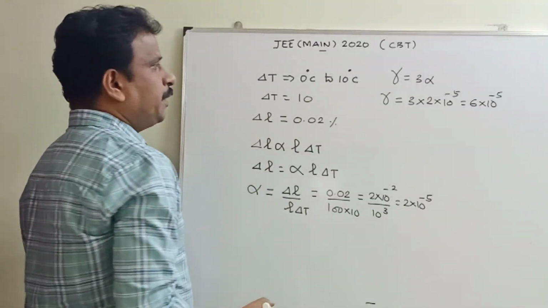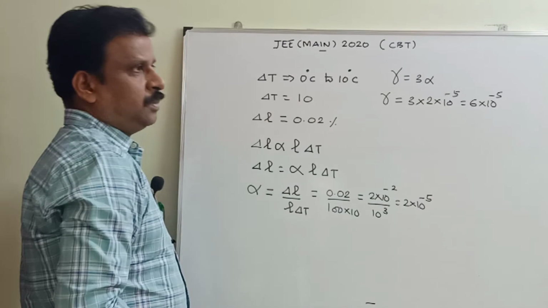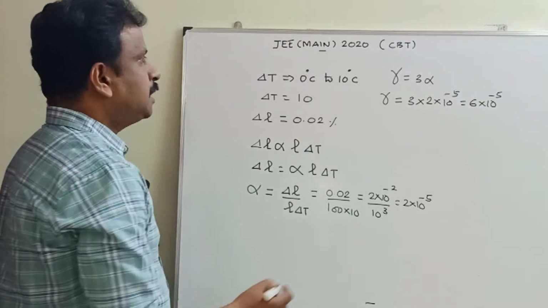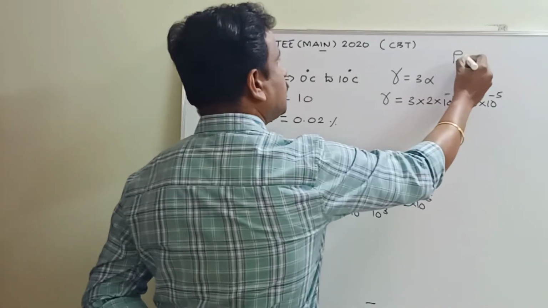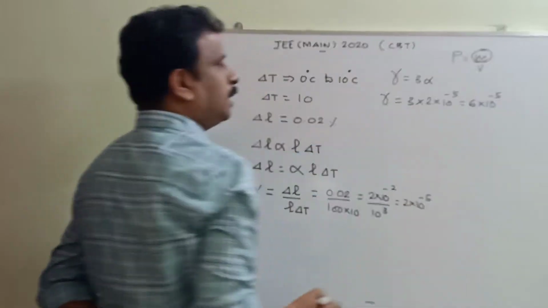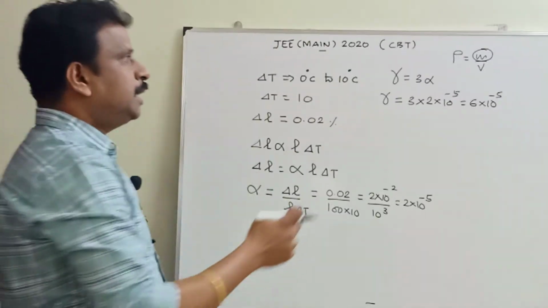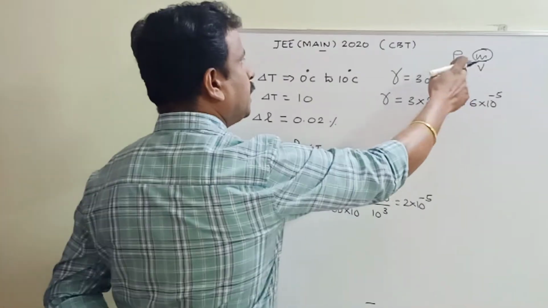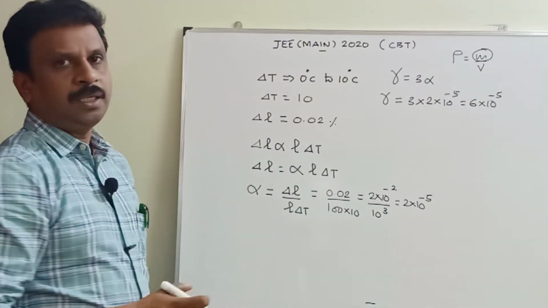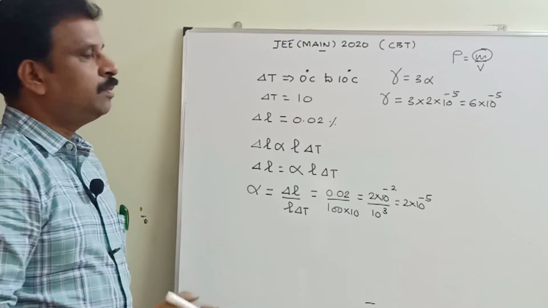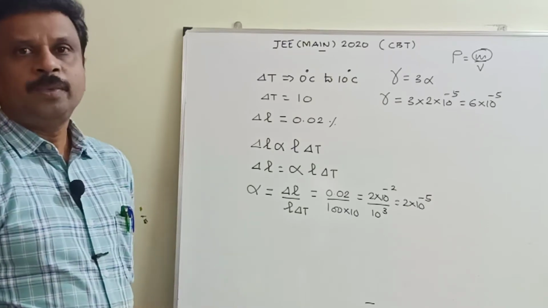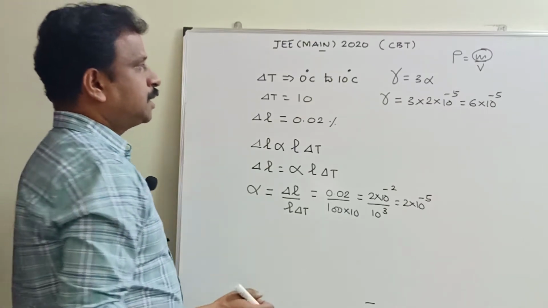Right. Now, we have to find out the change in the mass density. You know very well, density is nothing but mass per volume, right? Density equals mass by volume. So, mass does not change during the heating process. So, only volume and density will change. When volume increases, density decreases. Normally on heating the volume will increase. Therefore, by what percentage is the density going to decrease? That is our discussion here.